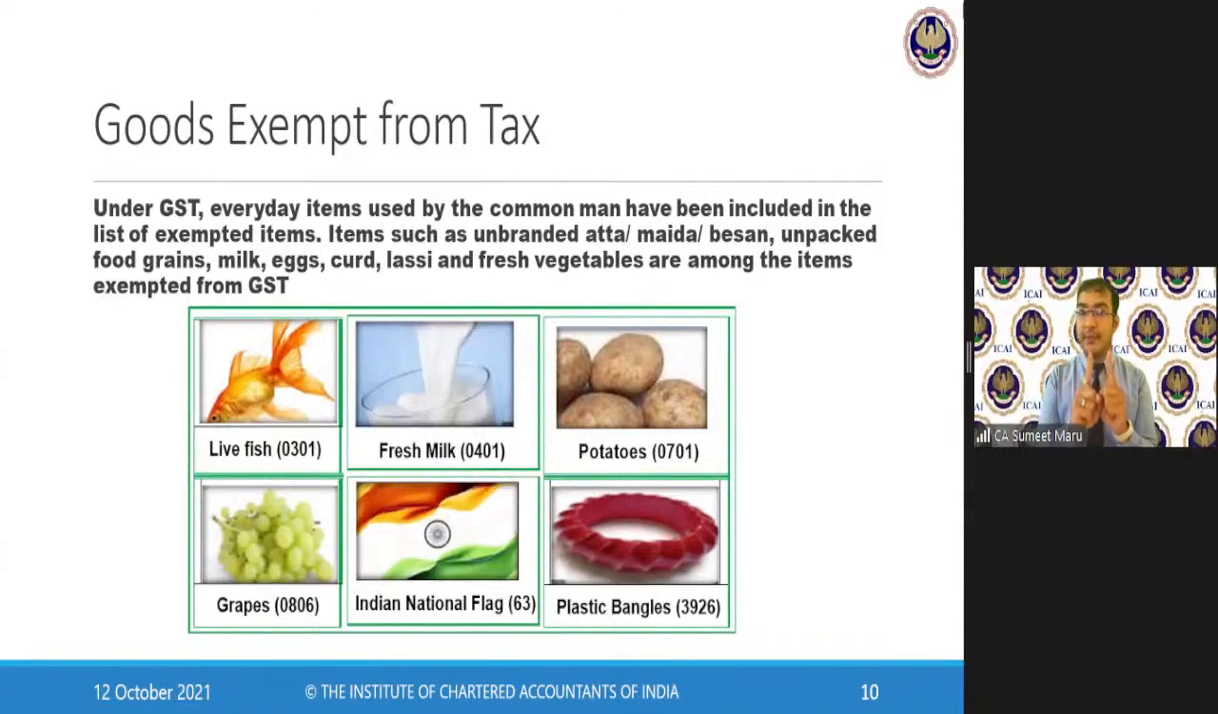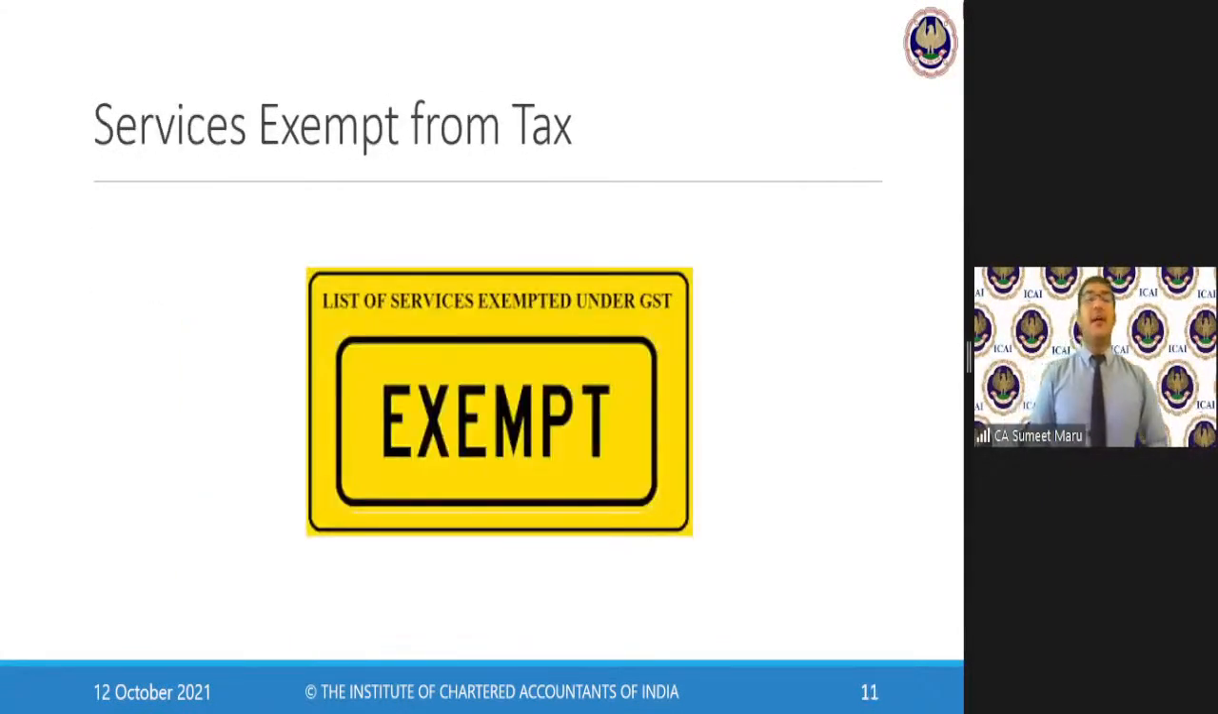In case of goods, because there is a long list, the goods which are given are sufficient for your examination purpose. So unbranded atta, maida, besan, daily necessities, vegetables, curd, lassi, milk, grain, food grains and everything are the specifically exempt goods given. Interesting thing is now when we come to the next part, services which are exempt from tax,